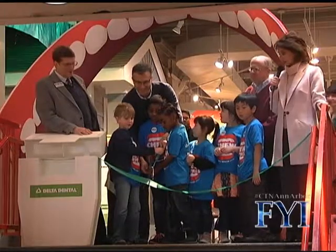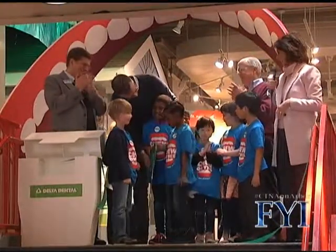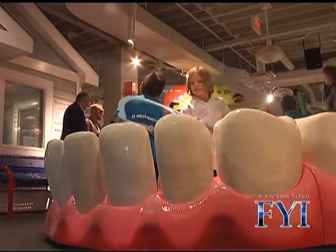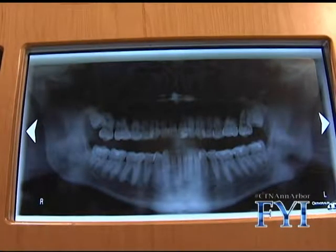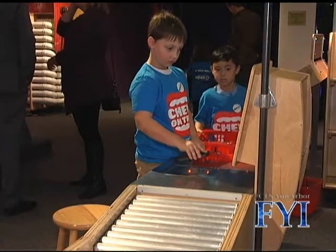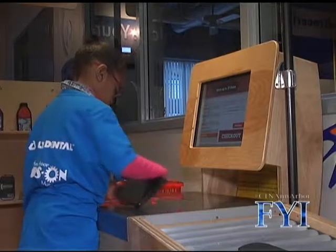After the floss cutting ceremony, kids took over the dentist chair, polishing this larger-than-life set of chompers. The giant mouth is where kids can use dental tools to brush and floss and poke at cavities a little bit. We have a Smart Mart where it's just like a grocery store checkout counter where kids can go grocery shopping, and when they are going through the scanner, it will tell them if they've made good food and beverage